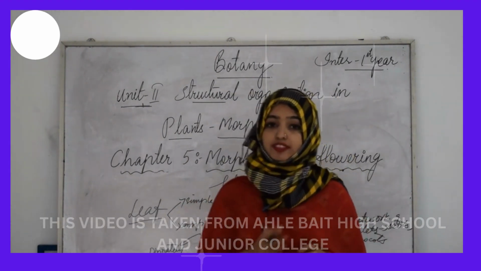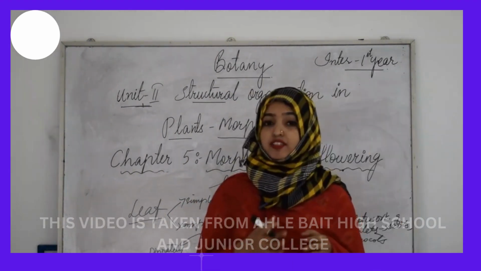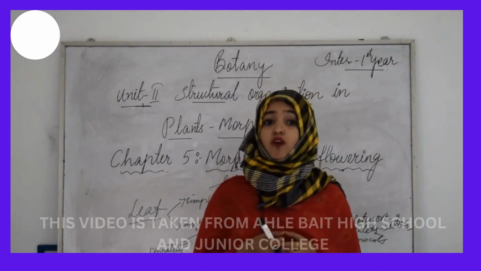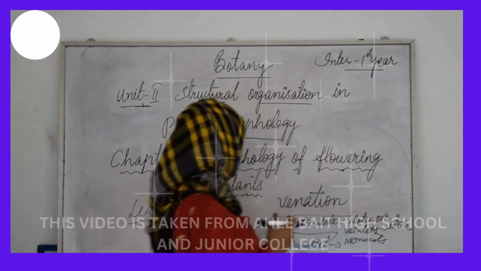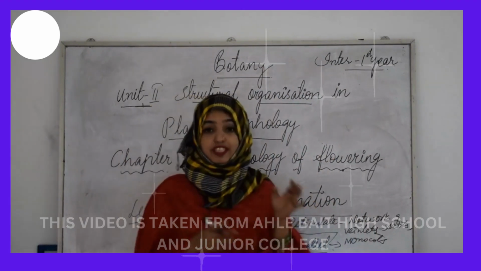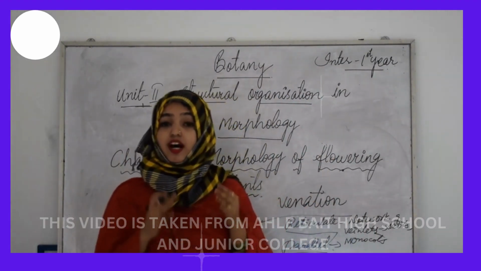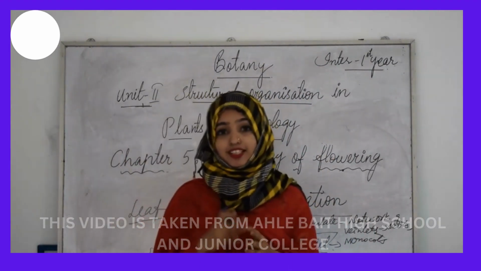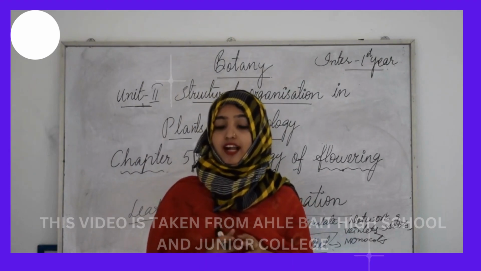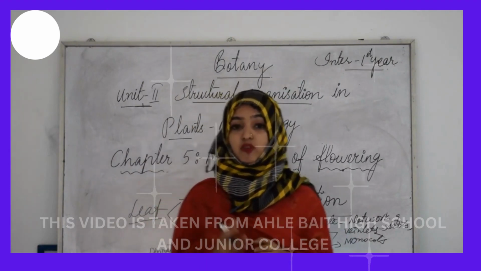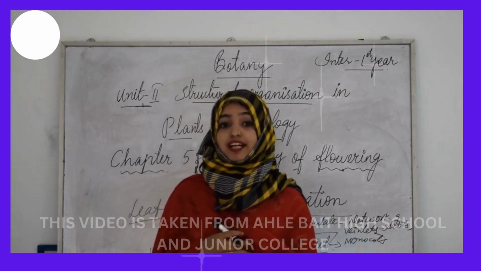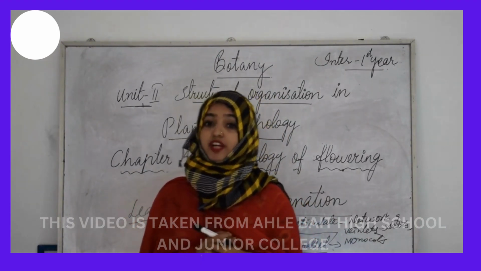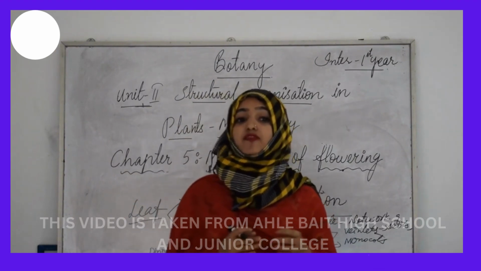Now let us move forward towards our next topic. On what basis are the leaves modified? Let us see that. Leaves are often modified to perform functions other than photosynthesis, because we all know that the main function of the leaf is to perform photosynthesis, and on the basis of the functions that are there other than this main function, the leaves are modified into various structures. They are converted into tendrils for climbing as in peas, or into spines